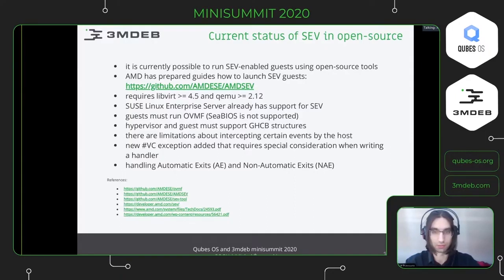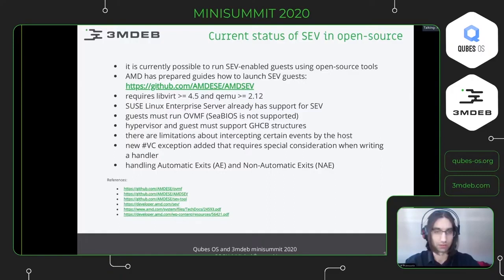So the hypervisor cannot determine what happened in the guest OS. The guest must support creation of such structures to tell the hypervisor what to do and what happened. Additionally, there are certain limitations about intercepting certain events by the host. Due to the encrypted state of these registers, the hypervisor cannot intercept all the events.